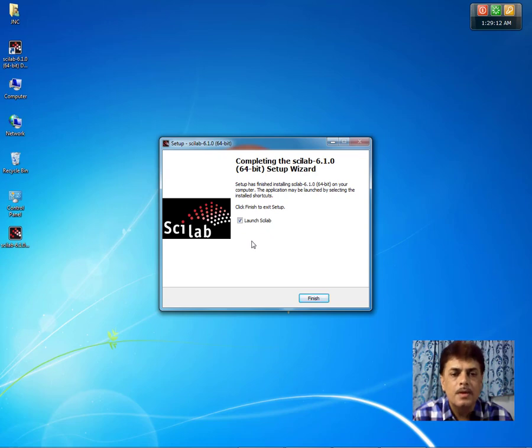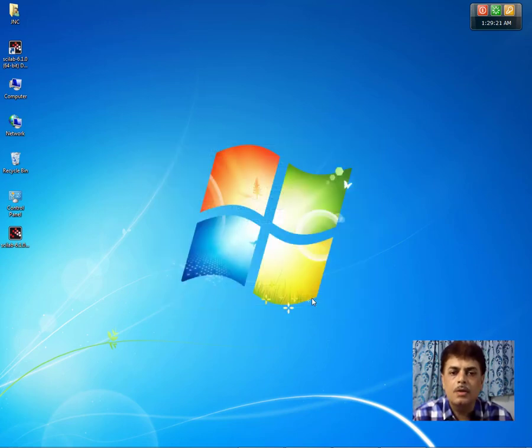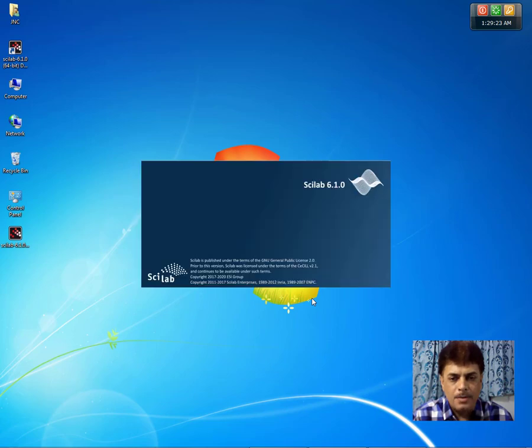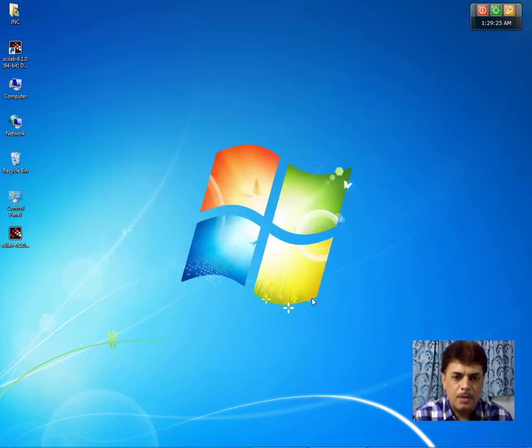Let us keep it checked, in order to launch the Scilab. Let us click the finish button in order to complete the installation process, and you can observe that the Scilab software has been installed on your computer.